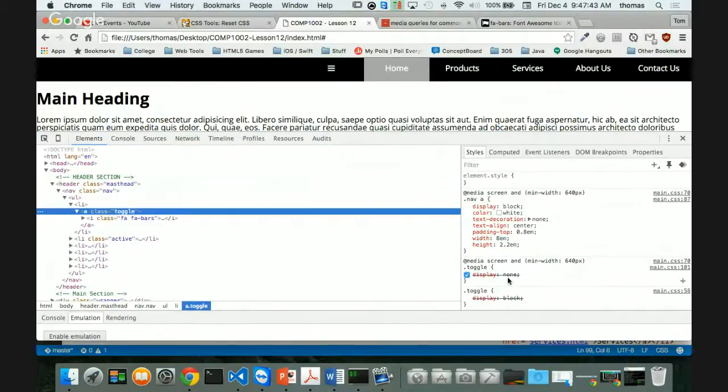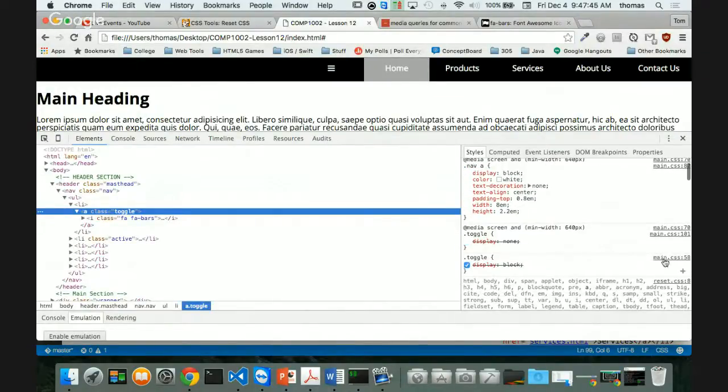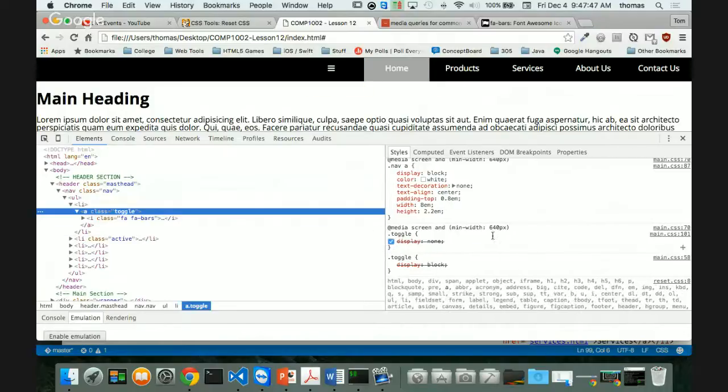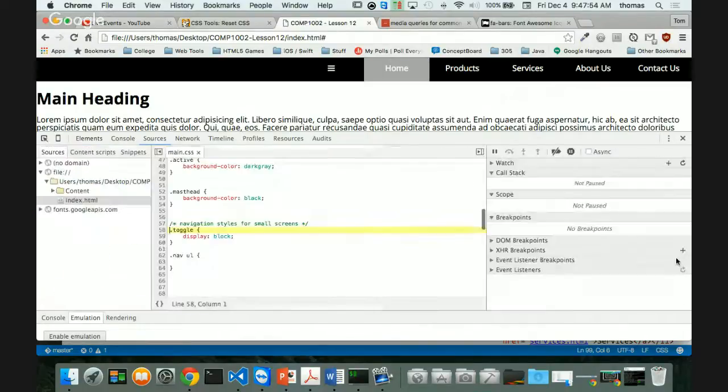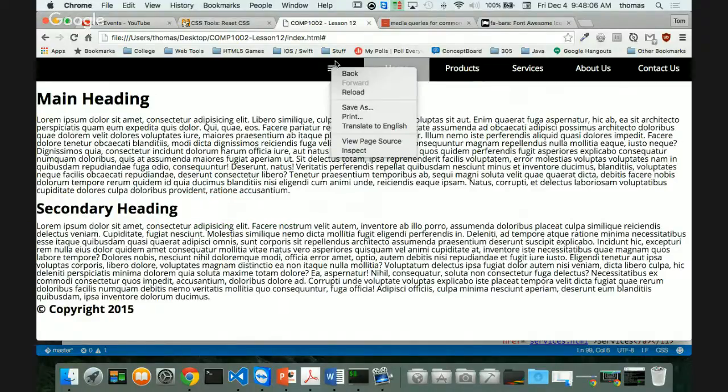I can see where my display none is taking effect. It also shows me the main CSS that's being affected by it, main CSS line 58, where toggle display block, I'm targeting it. It showed me also that in my items, when I click on and target this item,